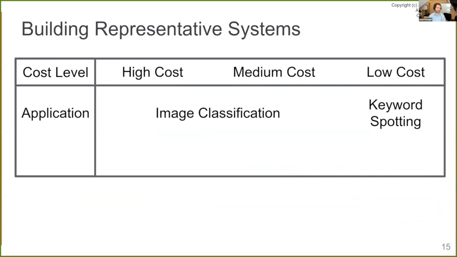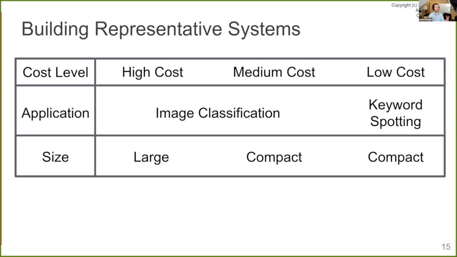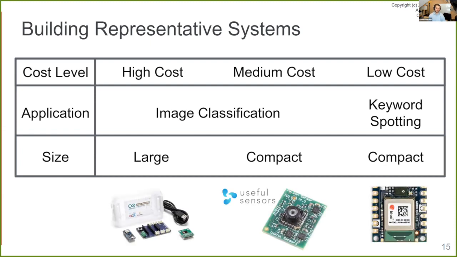And the reason we were using different applications is because there's going to be a different size to the device, and there's going to be a different kind of sensor in there. And it turns out a camera is a lot bigger than a small little microphone. And so if you want to think about this high, medium, low cost, you can think about the